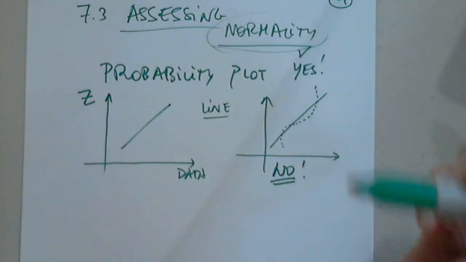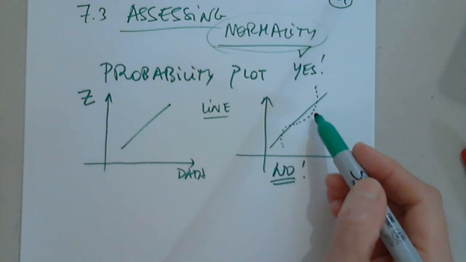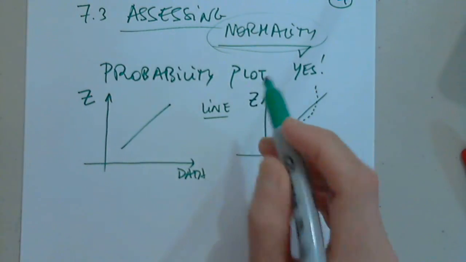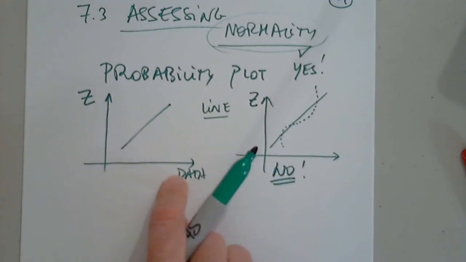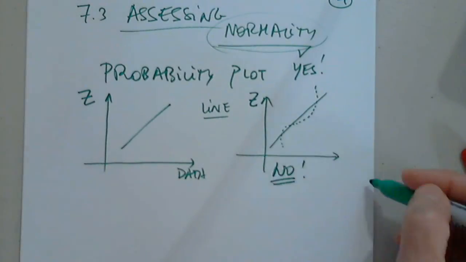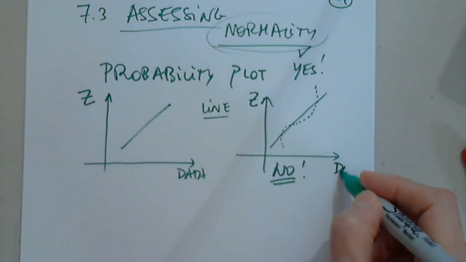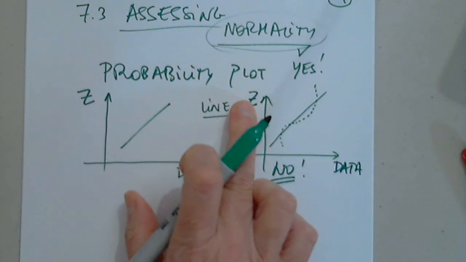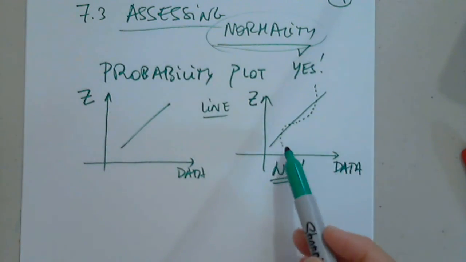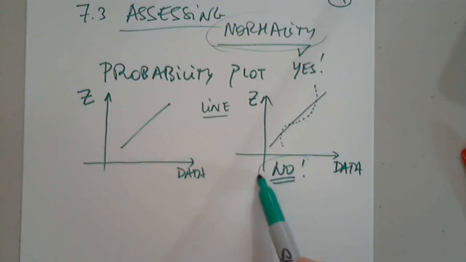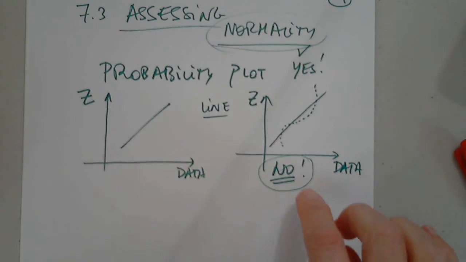It's not normal. Once I determine the z-score for each entry, and I graph here data and here the z-scores, and I have something like this, no, find another model. Or maybe apply some transformations to what you have. That's also a possibility. But do not use the